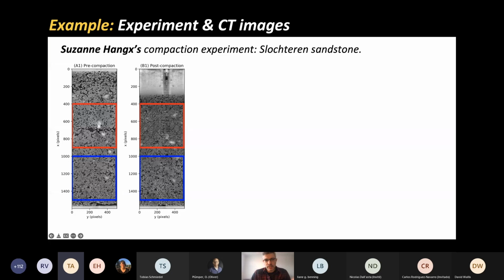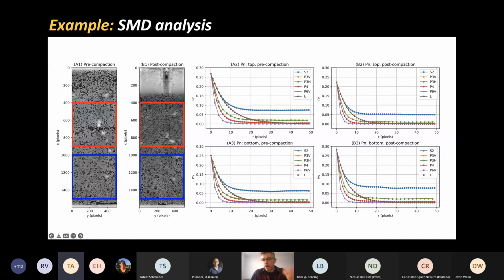We'll look at 2 parts of this material here in red and in blue, and we're going to calculate a bunch of these curves. Okay, so all you need to know about the curves that you see here is that blue is the 2-point correlation function, and the other curves are curves that are related to higher order information. You don't need to know anything other than that. What's important here is that all these curves converge to the same point at the origin here.